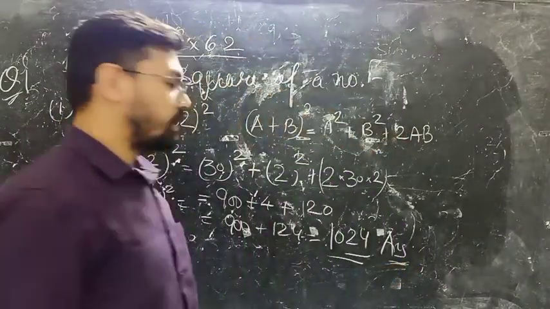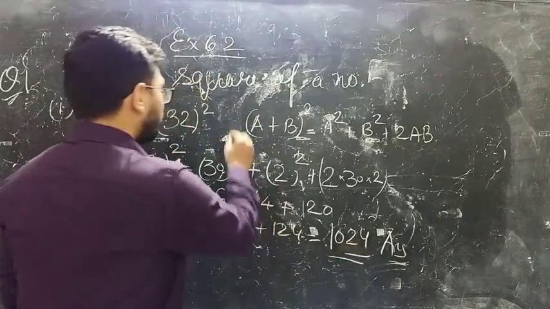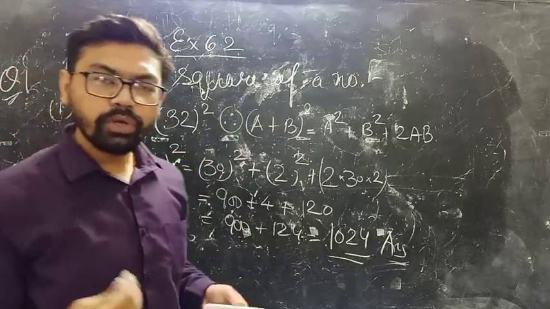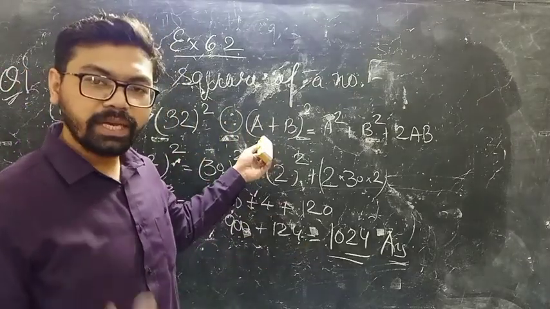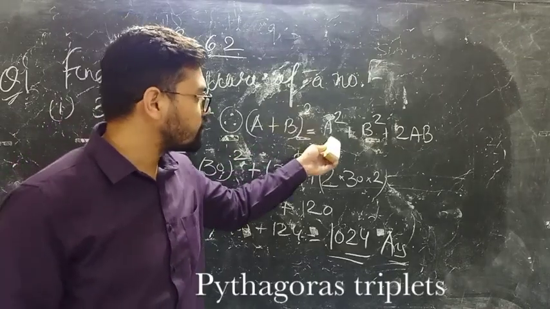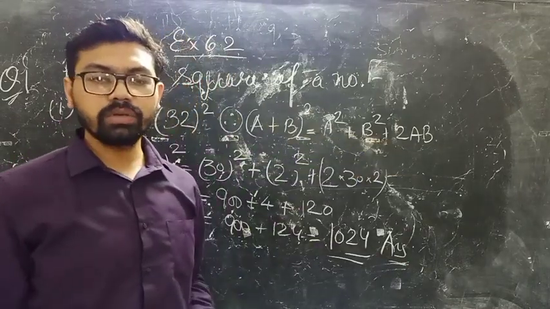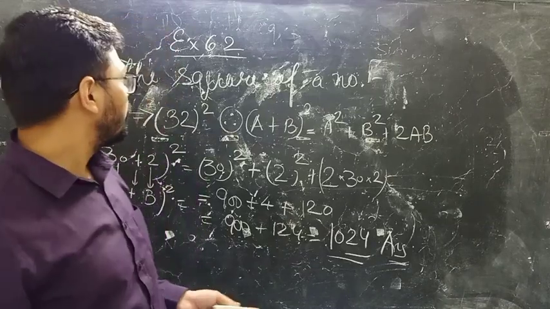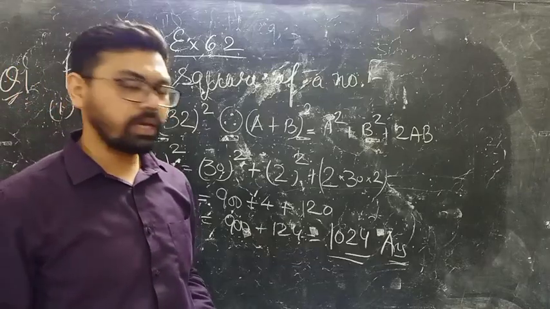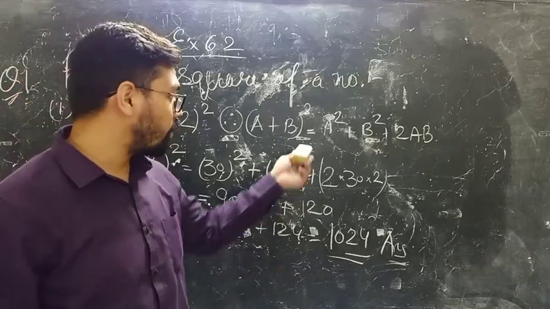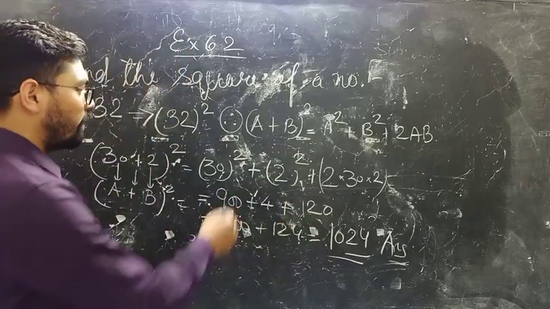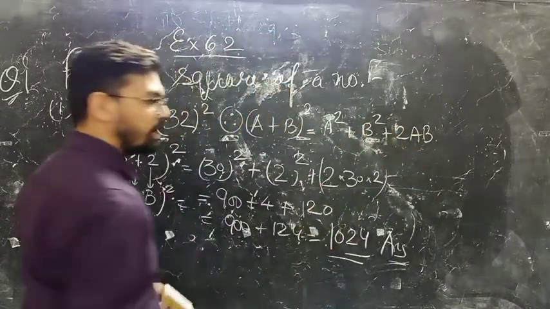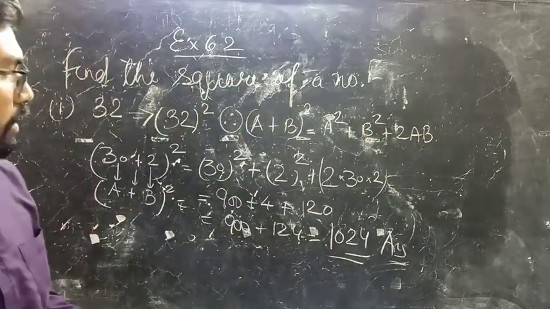So the reason behind this is, through this exercise we want you to learn this algebraic expression a plus b whole square, that is a square plus b square plus 2ab. Because in class 8 and class 9 you are going to learn these formulas. Even in class 10, this is very important. So this is an algebraic identity that you must learn.